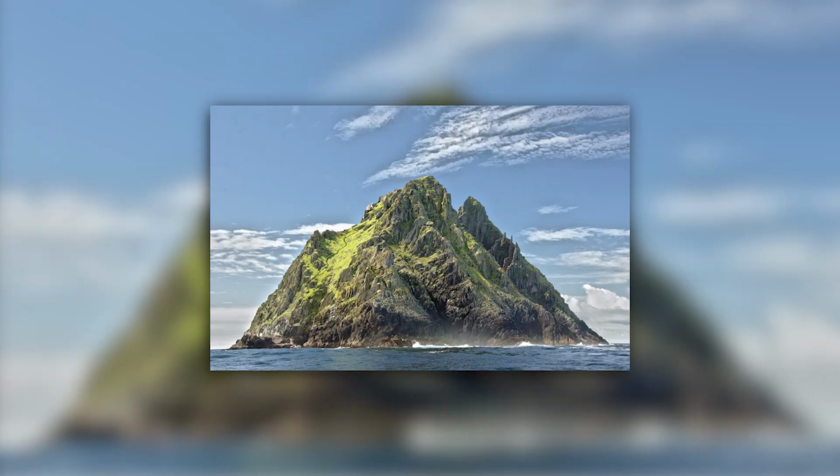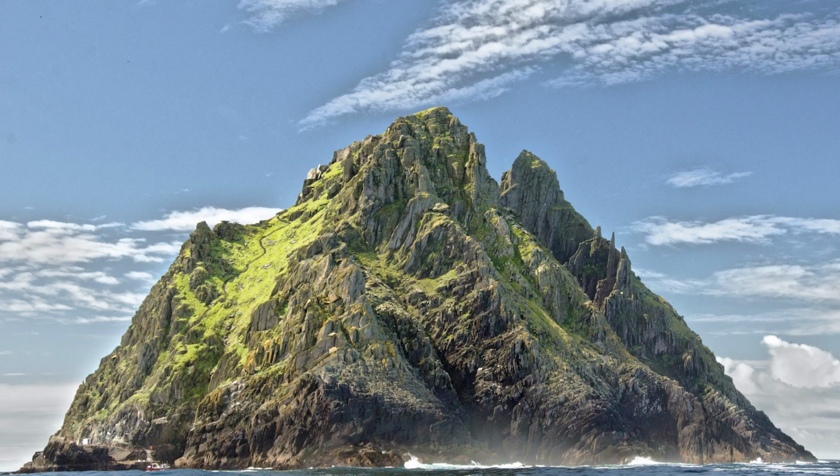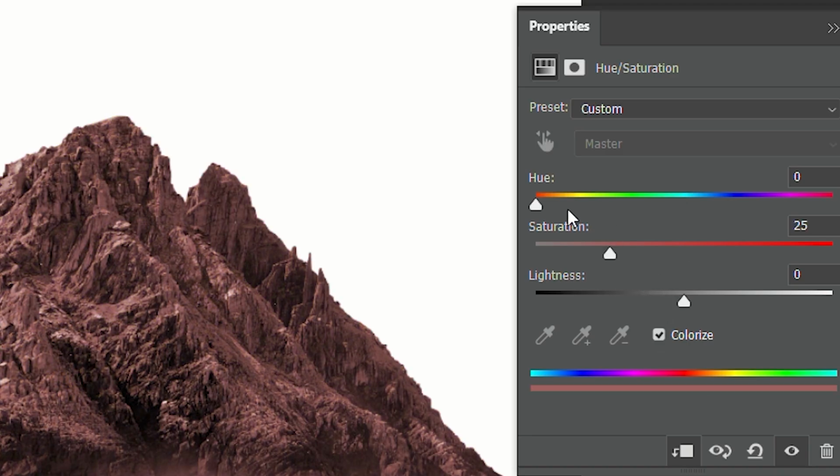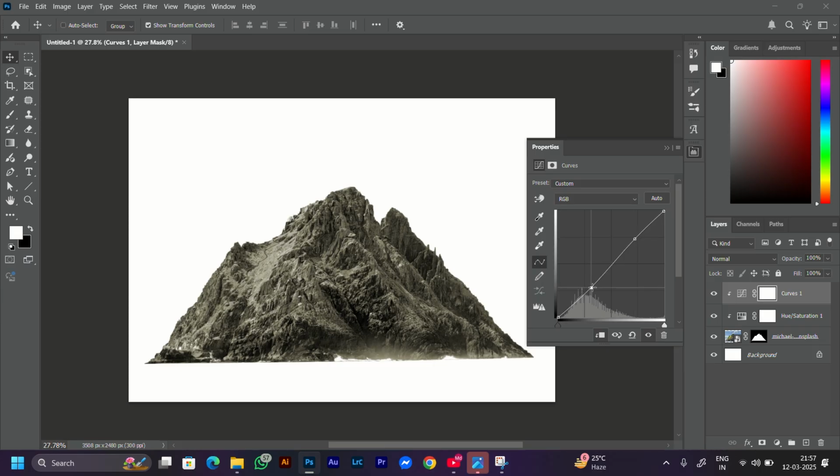Alright, so at first we'll need an island. It can be any kind of island, but as for me, I'm gonna use this one. Now we'll just need to cut it out, and for that I'm gonna use pen tool as always. Believe me guys, it took me 30 whole minutes just to cut this out, but I have something in my mind though, and for that we'll just need to maybe lower the overall saturation of it, maybe increase the contrast. Yeah, now we can just